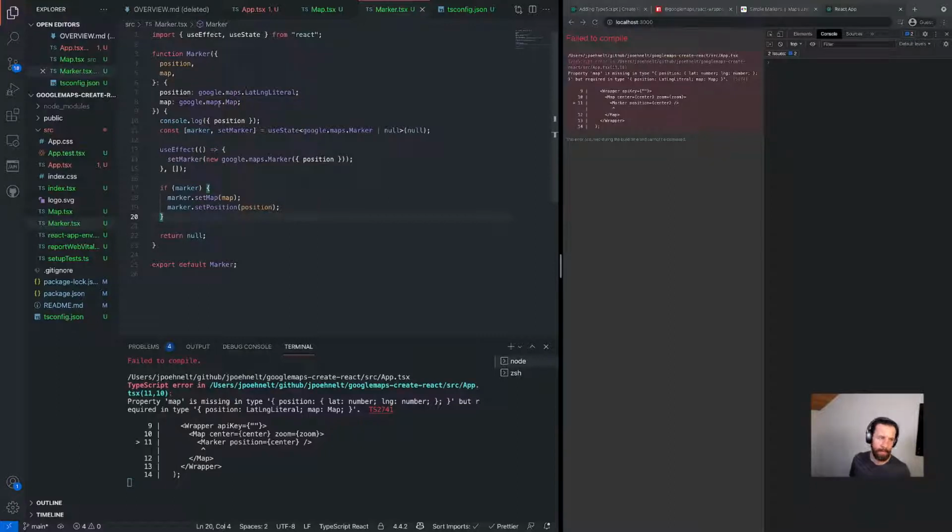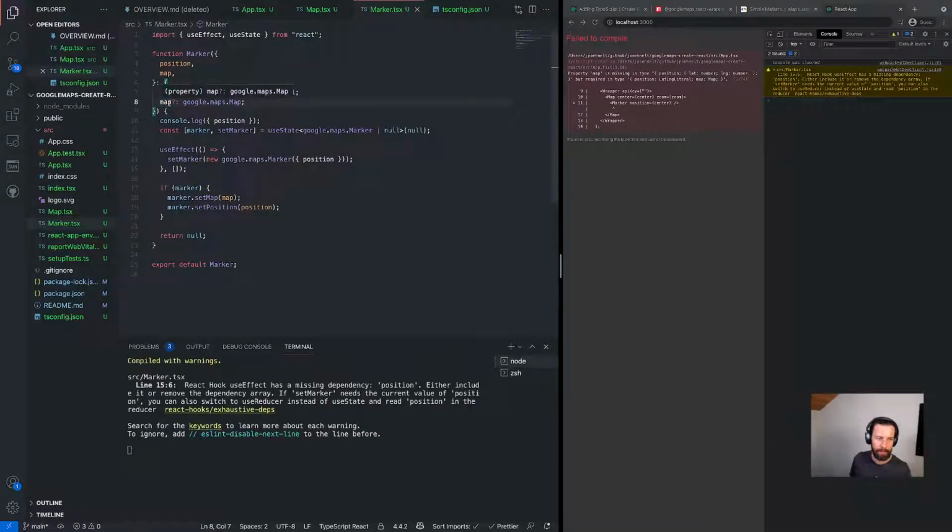All right. So surprised it actually compiled. We get anything working here because marker should not be, it should be undefined potentially. So property map is missing in type position. So let's see here. What is that? So that's actually,